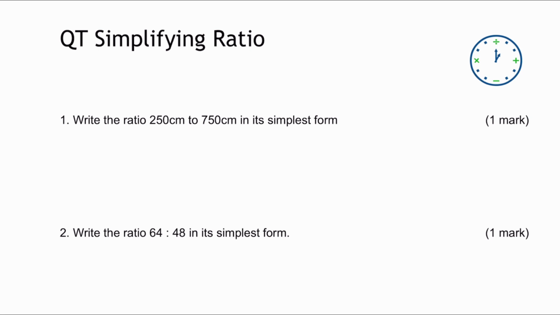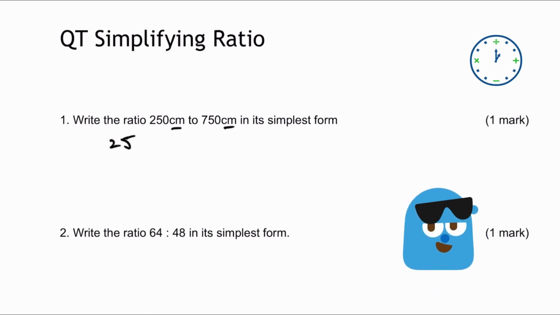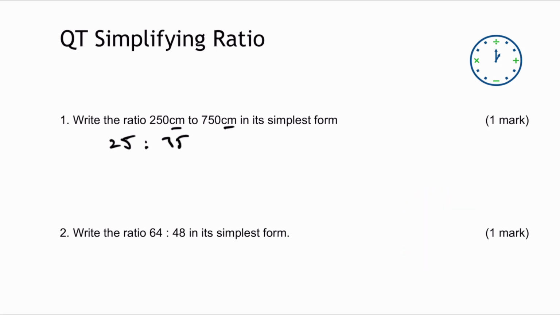Okay, so in the first question, we're going to start with question number 1, 250 centimetres to 750 centimetres. The important thing with this is we have to make sure that the units remain the same. So in this particular case, I can reduce it. If I divide both sides by 10, I'm going to get 25 to 75, and then both of those are